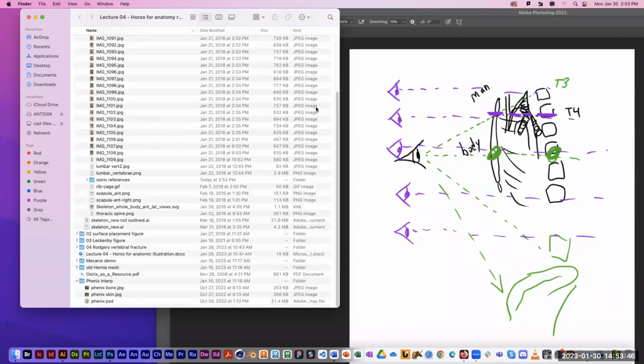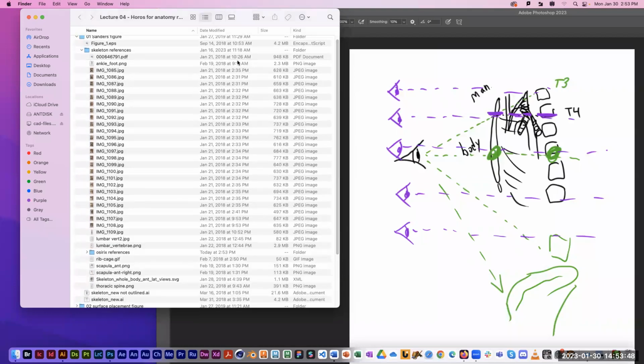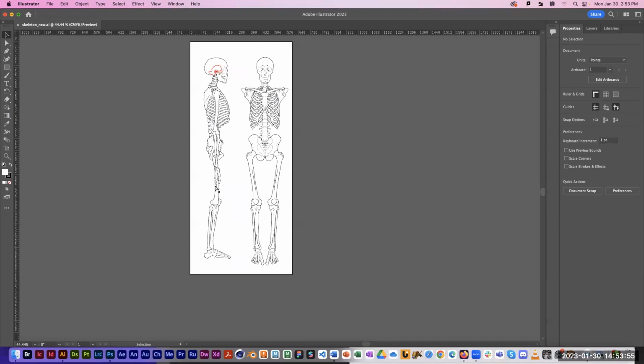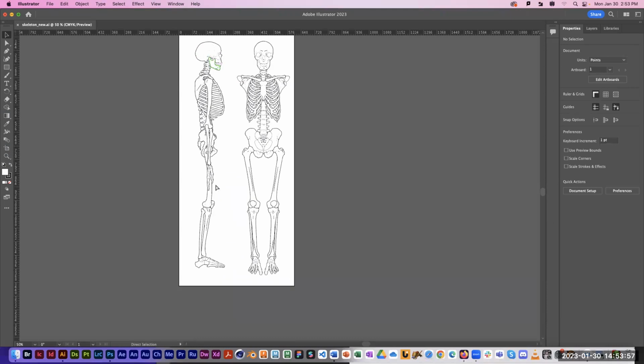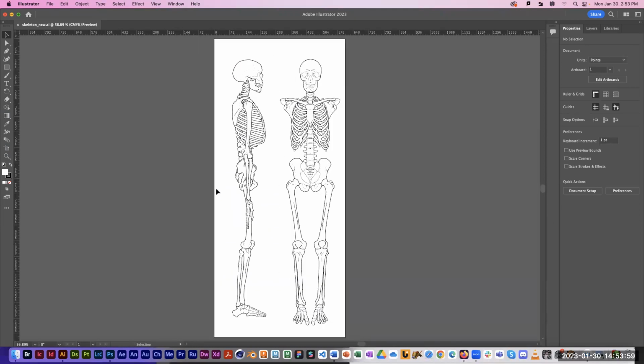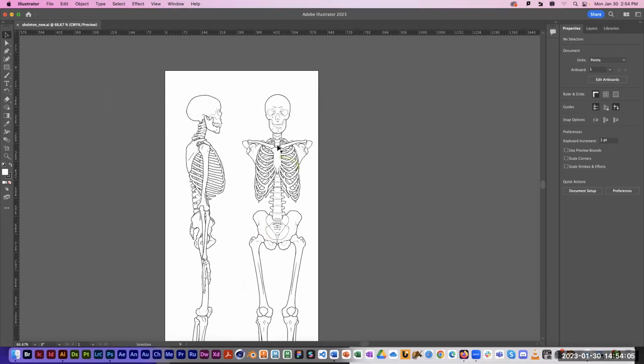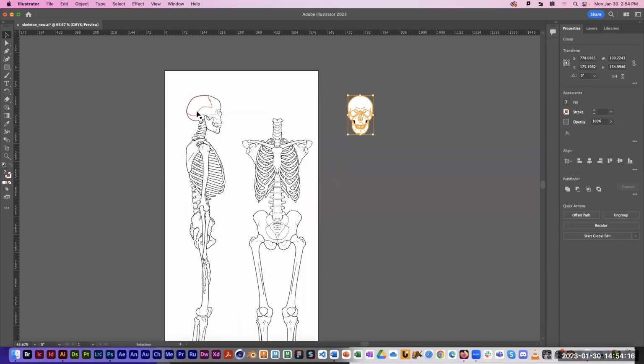Okay, so by exporting a whole bunch of JPEGs out of Horos, I was able to actually create an entire lateral skeleton, an entire anterior skeleton, and this is all in Illustrator. I was showing this to the grads recently. I think I showed them this same image, and while I was at it, I made sure to group everything